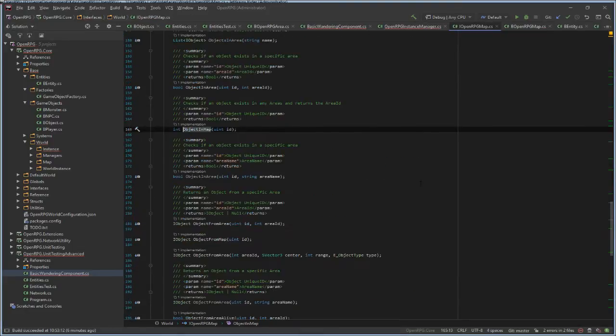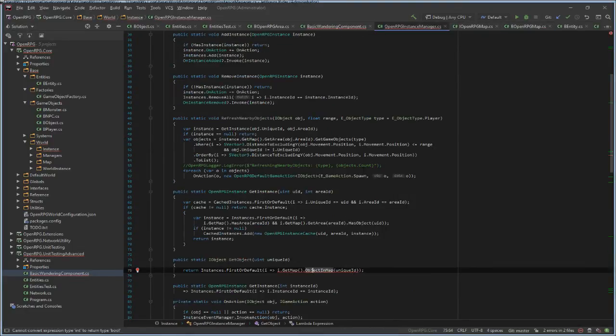This returns the ID of the area. Okay, it doesn't matter. Isn't equal to -1. Okay, map dot object from map unique ID. We'll have to use conditional access. This should do it.